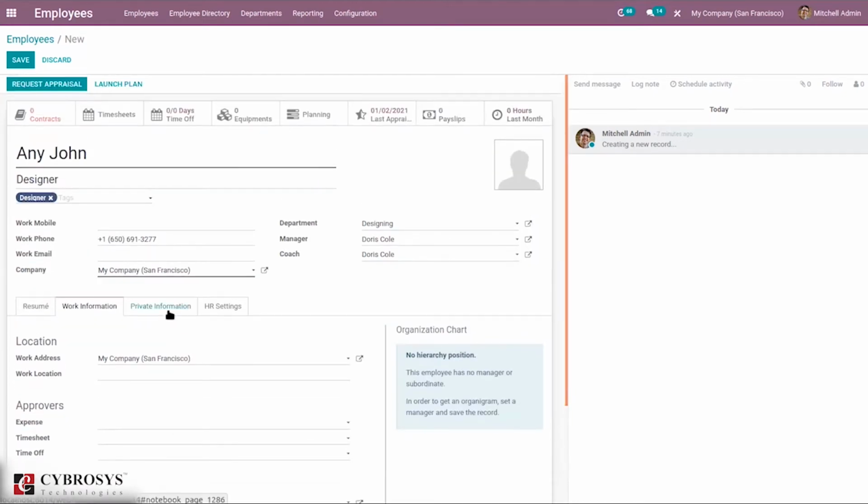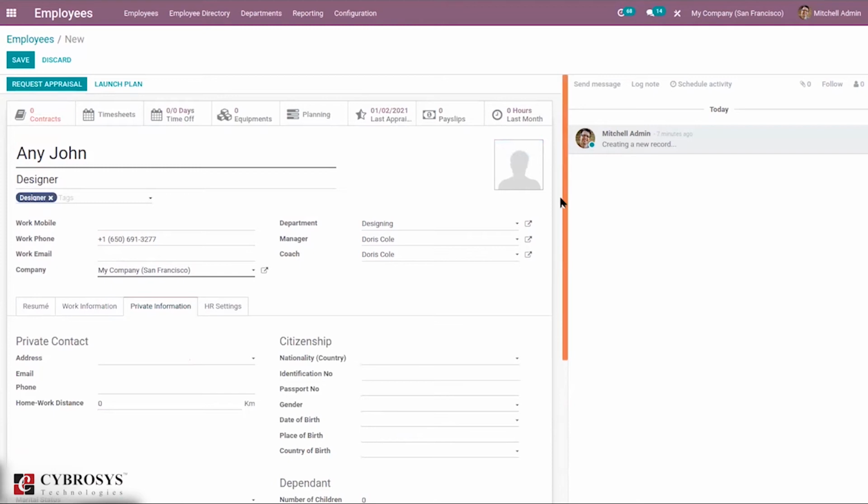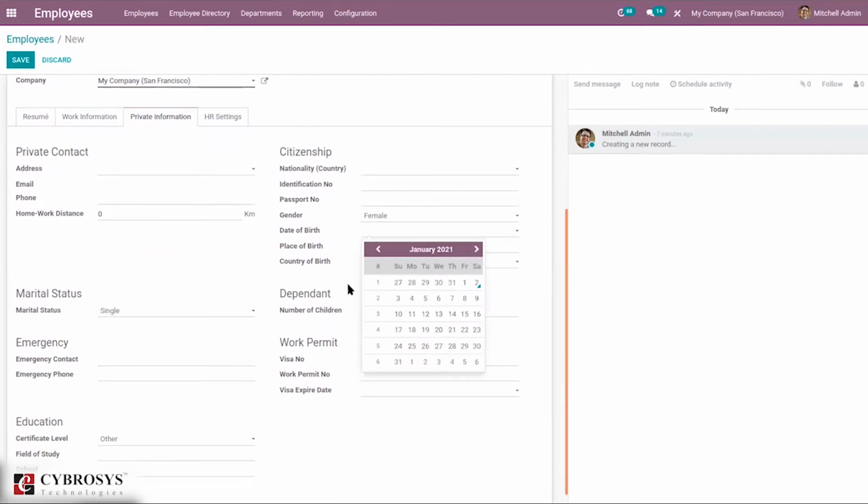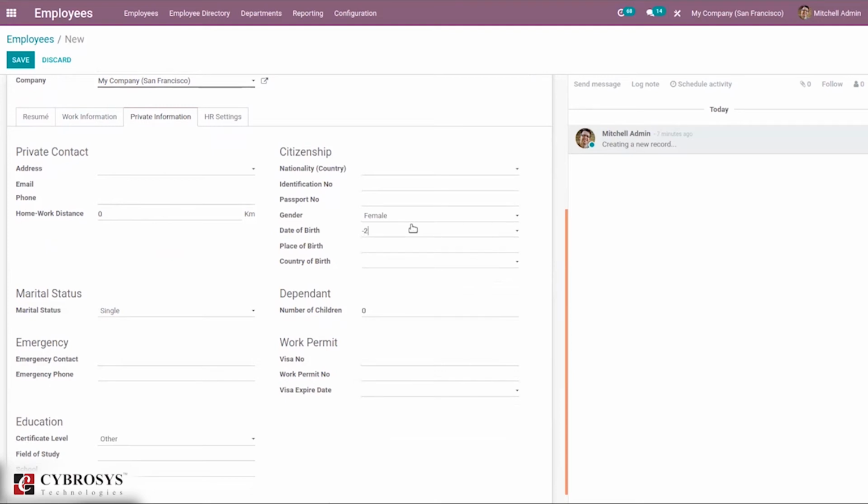Then we can see private information of this employee. Set private information like private contact details, then citizenship, which includes nationality, passport number, gender, date of birth. We can add date of birth, like adding minus 23. So you can see 23 years back from now. And we can set place of birth, country of birth. Then we can add marital status,